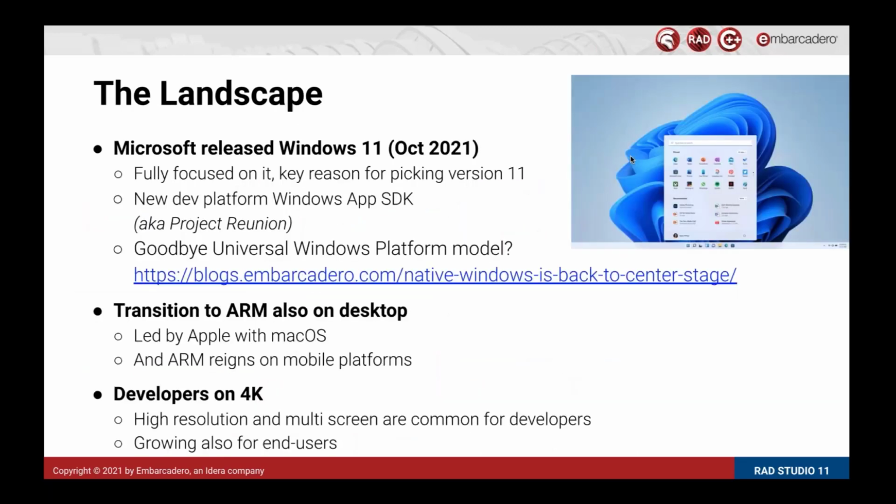So let's look further through the landscape a little bit here. Microsoft have now released Windows 11, that came out in October 21. It would be interesting to get a feel, either through the chat or the questions, if you've upgraded to Windows 11 yet, if you're beginning to use it or not. And when we did the latest release of RAD Studio, that was one of the main reasons we shifted up from Delphi 10.x versioning to move to 11, because it matches because of the platform APIs and coverage that we've got.